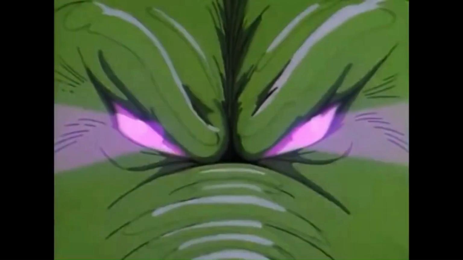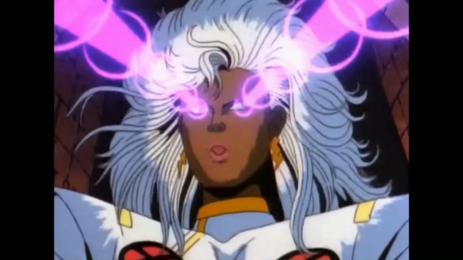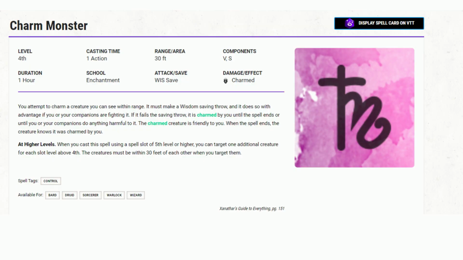Start by casting Charm Person, or Charm Monster for non-humanoids, an enchantment spell that tries to make a creature within 30 feet of you friendly. The target must succeed on a wisdom saving throw or become charmed by you for 1 hour, considering you as a friendly acquaintance. As long as you do no damage to the creature or humanoid, they will do what you